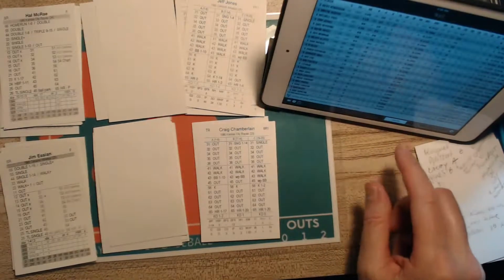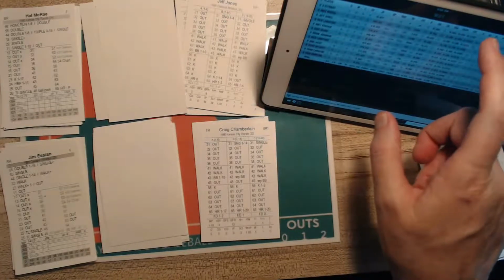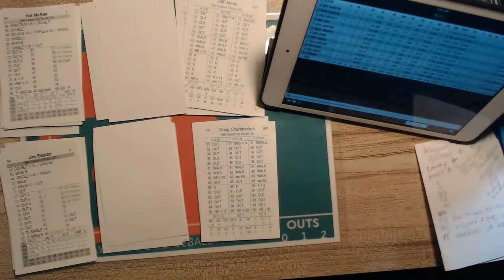Let's go to pitching. Let's see how we did in pitching. ERA-wise, my best pitcher. That's my worst pitcher. My best pitcher was Mike Norris with a .266, which is realistic. Next was Langford with a .378. Then it was Matt Keogh, again, realistic, .388.